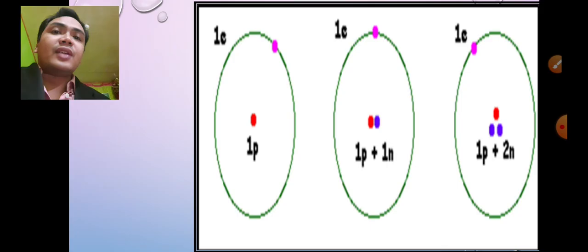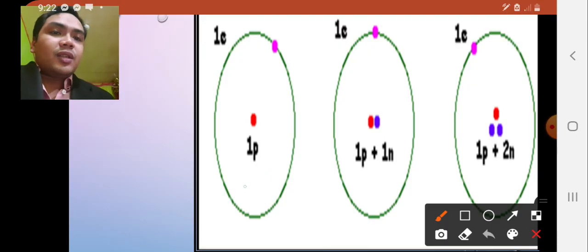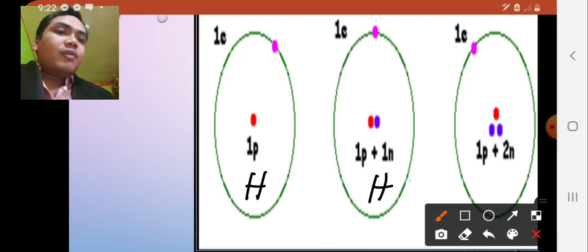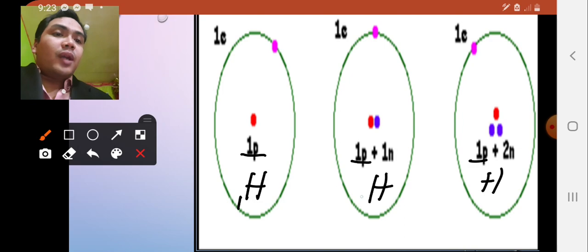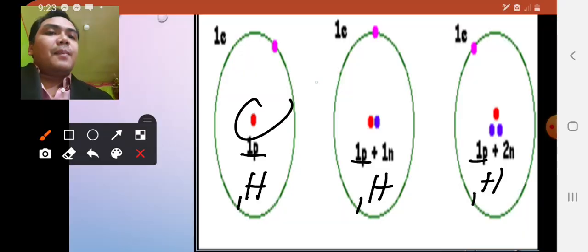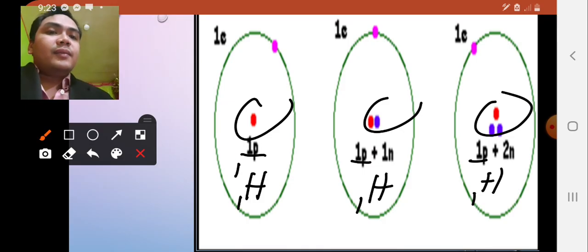Remember, you have 3 isotopes of hydrogen. Their chemical symbol is capital letter H. Remember, their atomic number is based on the number of protons. Therefore, its atomic number is 1, and that must be written on the lower left corner. And then the mass number will be the sum of the protons and the neutrons. So you have 1, 2, and then 3.